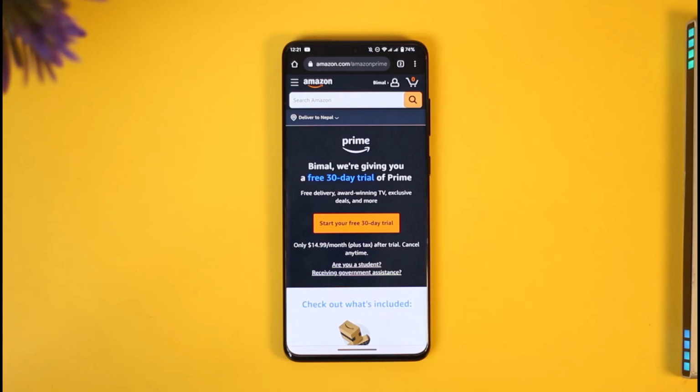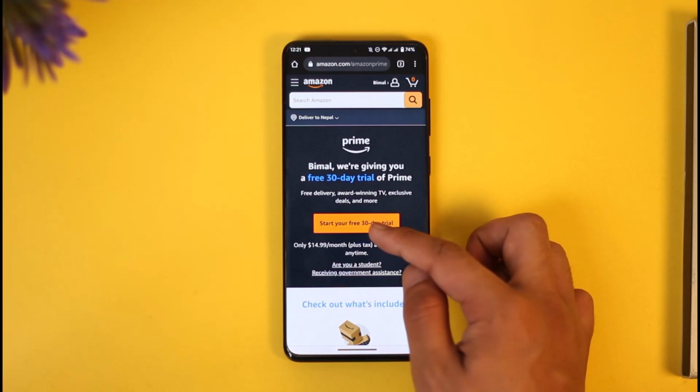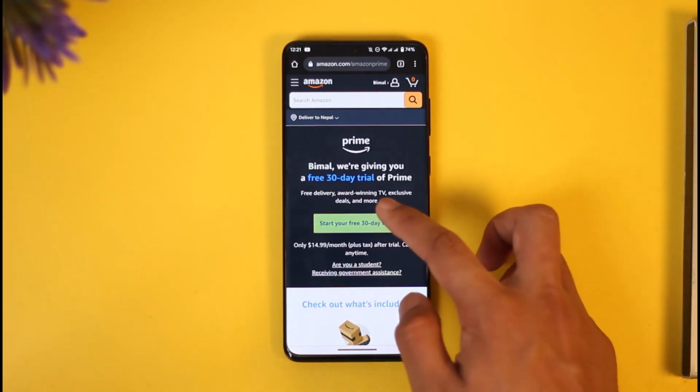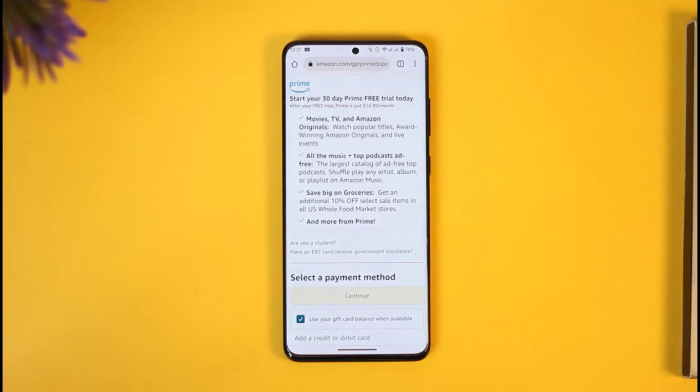Once you go to amazon.com/Amazon Prime, all you have to do is make sure that you're signed into the account. If you don't have an Amazon account, you can also choose to create one right away, or you will be asked to create one when you tap the start your free trial button, as you'd be able to find it. Once you tap on this option over here that says start your free trial, you'll be able to see this type of interface where you'll be able to basically start your free trial and you'll see all the Amazon Prime